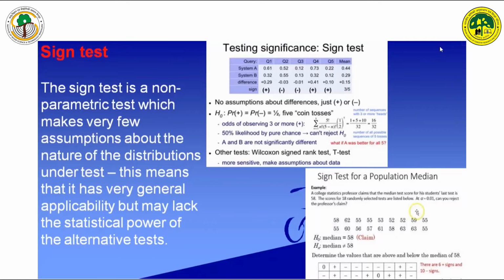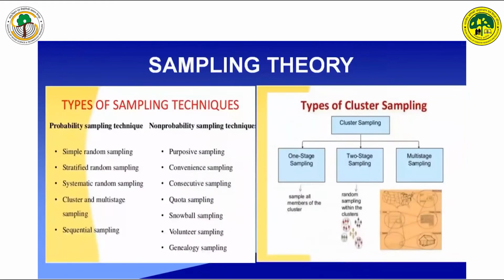So with the sign test, you can test the hypothesis that the median is 58 claims or the median is not equal to 58 claims, which could also provide the population median. So you can address population medians, whether of tree populations or animal populations or any other population of the forest or germplasm populations, with the sign test. So these are the parametric and non-parametric tests that have been addressed here.